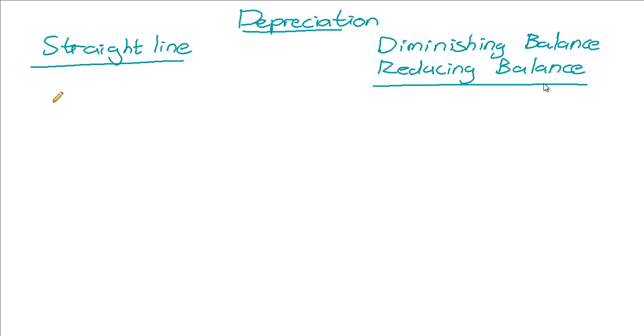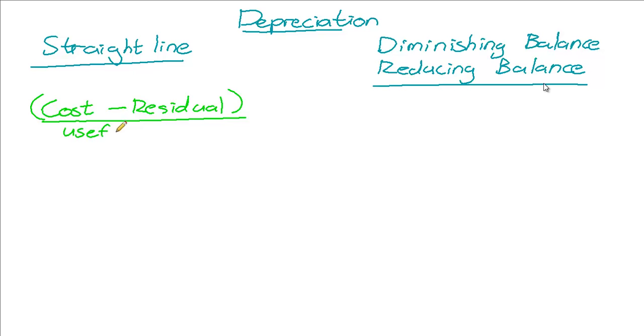Number one, in the straight line method, we're going to use the cost. We're going to subtract the residual value, and that then is going to give me the amount that I can depreciate over the useful life. And then I'm going to take that amount and I'm simply going to divide it by the useful life of the asset. Right, alternatively, what I could do if I'm not given a useful life but I'm given a rate,